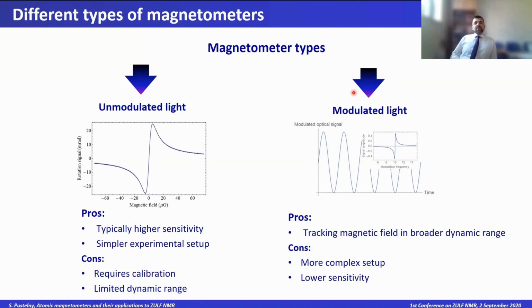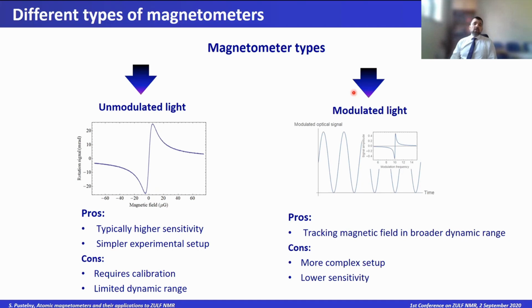So the first situation is that you don't have a single atom, you have many atoms, and you pump these atoms with circularly polarized light. If you do this, you have no control over the timing of the interaction, so when each atom absorbed light. They can absorb light at different times, and they can respond differently to the magnetic field. So instead of seeing an oscillation in the system, you are generating a dynamic equilibrium situation, which is a compromise between precession, optical pumping, and relaxation in the system.